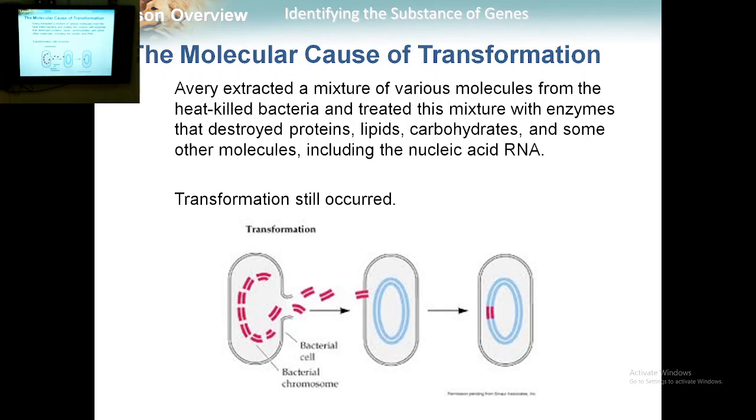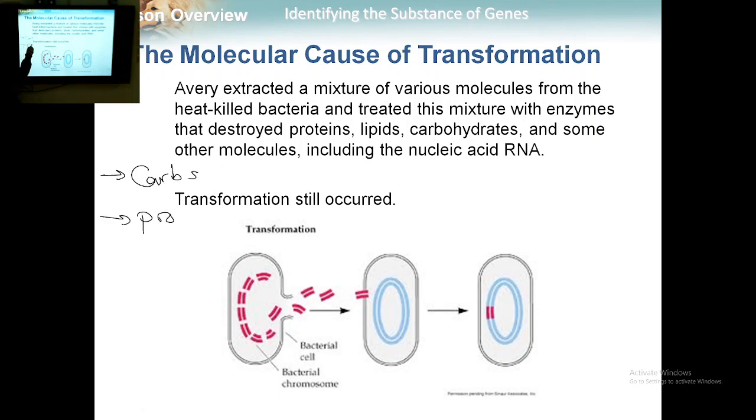The other experiment, which is the molecular cause of transformation, was done by Avery. Avery extracted a mixture of various molecules from the heat-killed S strain bacteria and treated it with a mixture of enzymes. At this point, you need to know the main enzymes that are used and what each enzyme is used for. He extracted many molecules like carbs,